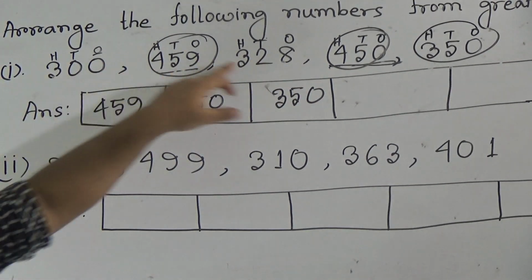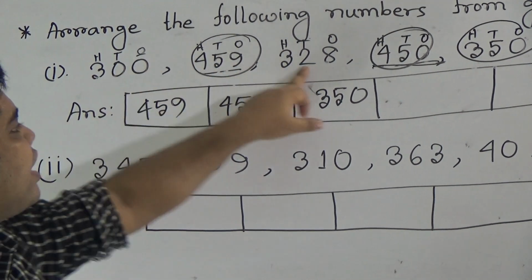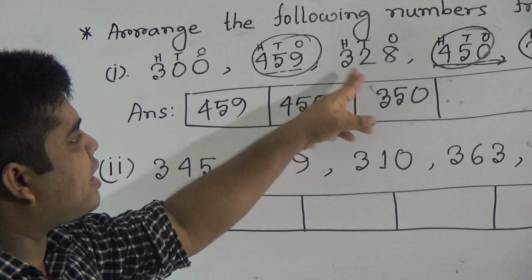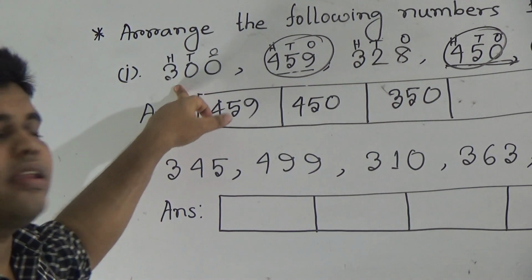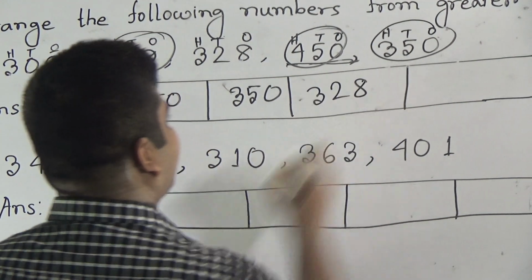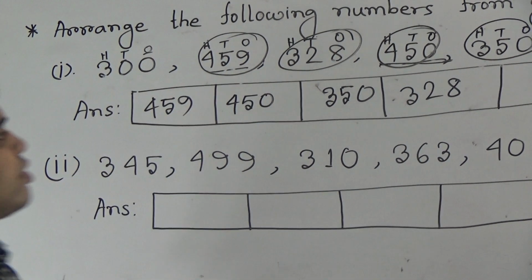328. Here the 100 place is the same, but the tens place is different. Here 0, here 2. So, 2 is greater than 0. So, we can easily say that 328 is greater than 300. Now, we write 328. Okay. And this one is done, and left 300. So, 300